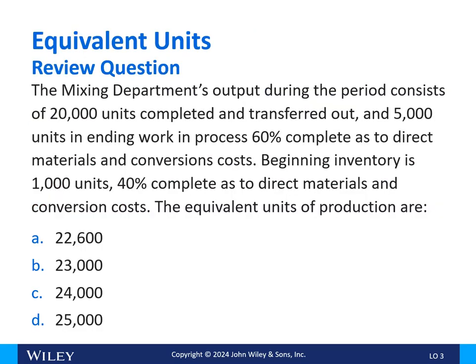So let's look at a review question. The mixing department's output during the period consists of 20,000 units completed and transferred out, 5,000 units in ending work in process, 60% complete as to direct material and conversion costs. Beginning inventory is 1,000 units, 40% complete as to direct materials and conversion costs. The equivalent units of production are